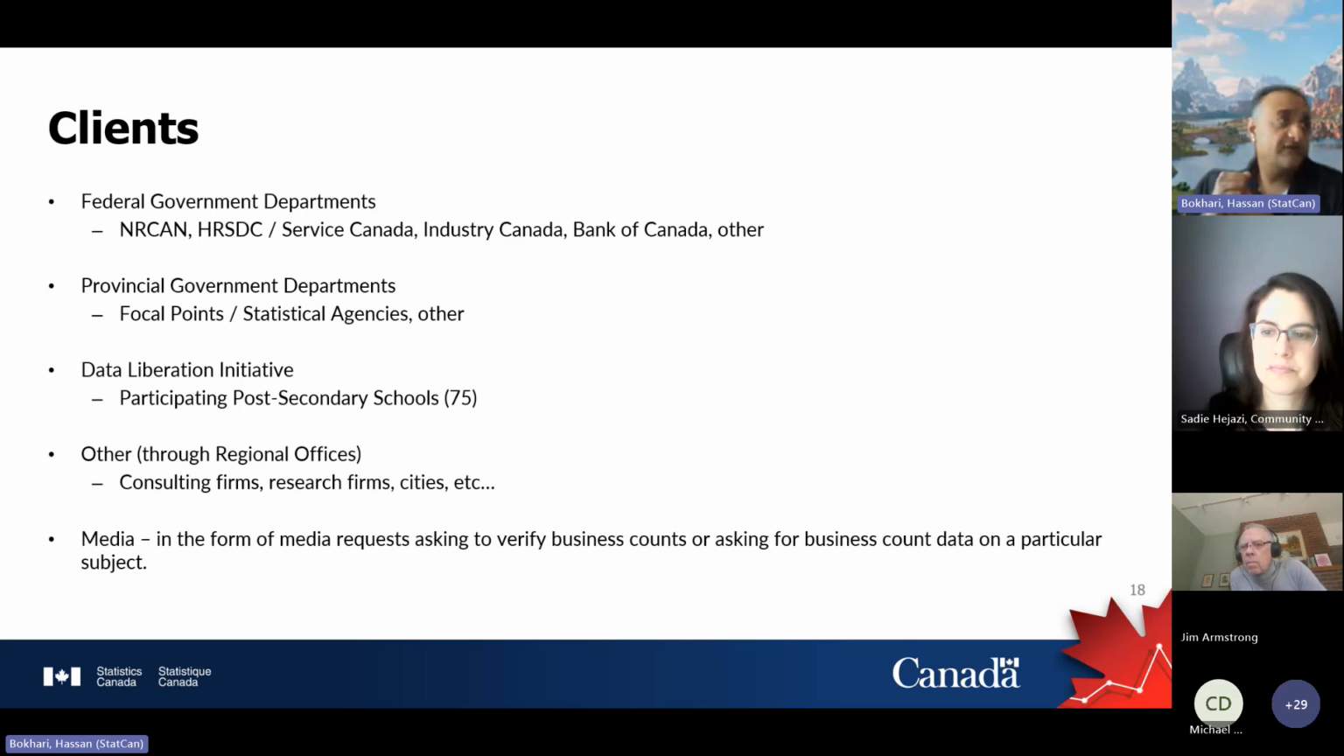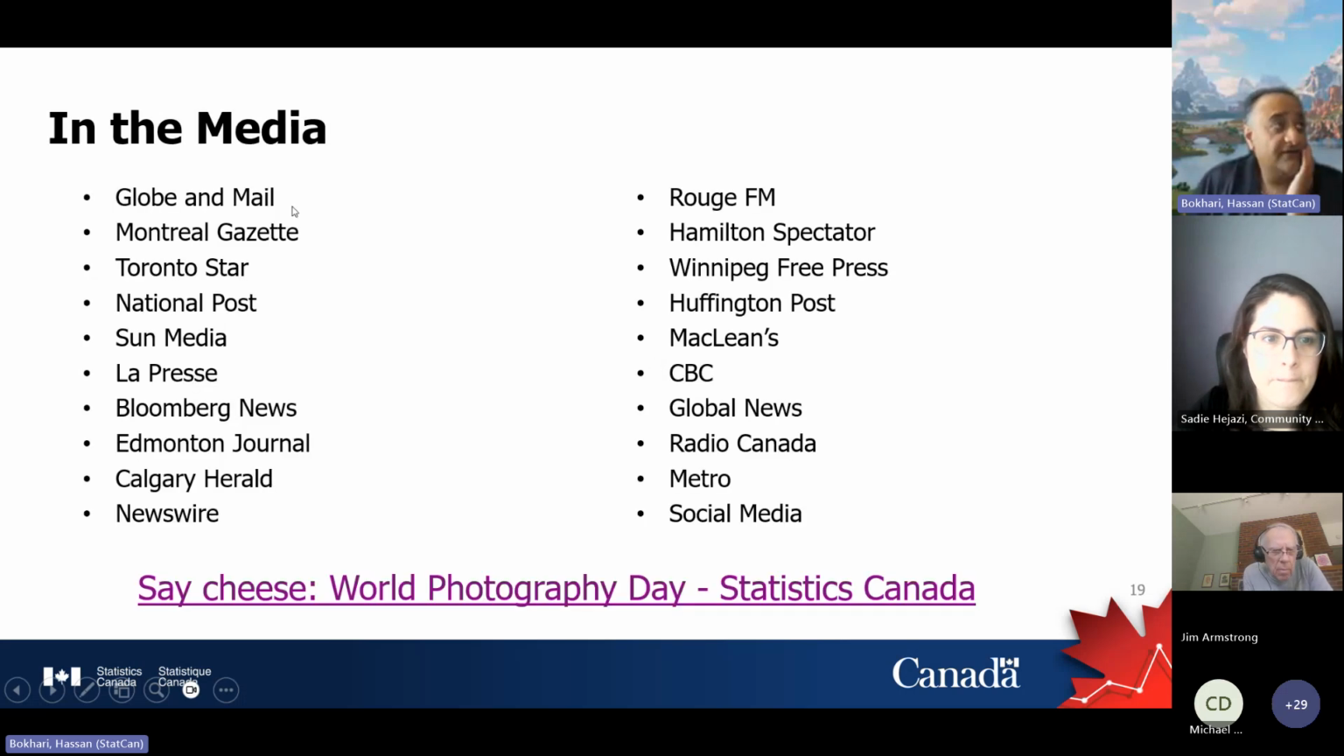We also have through our regional offices, we get requests for aggregate data from consulting firms, research firms, cities, etc. And in the media, we are in the form of media requests asking to verify business counts or asking for business count data on a particular subject. So that it's a good segue into our next one, which is in the media. So we are published in, you name the